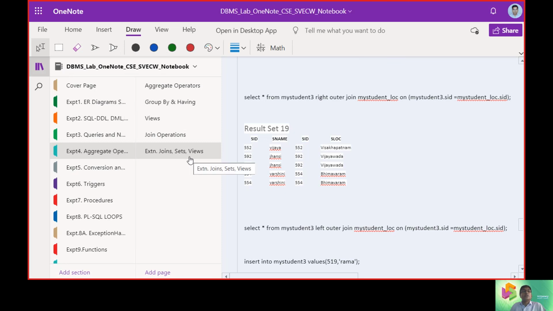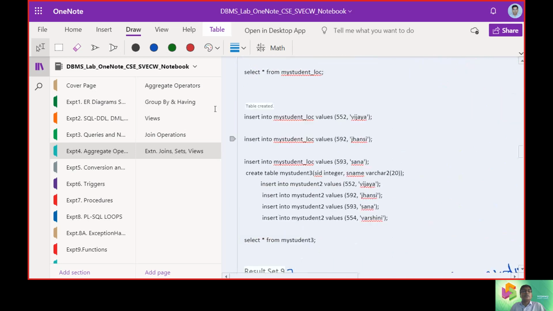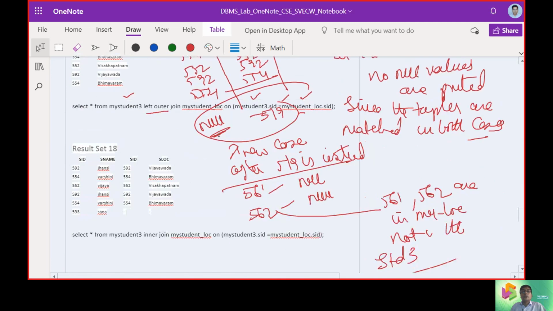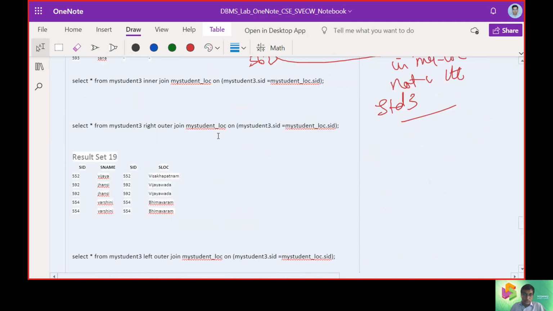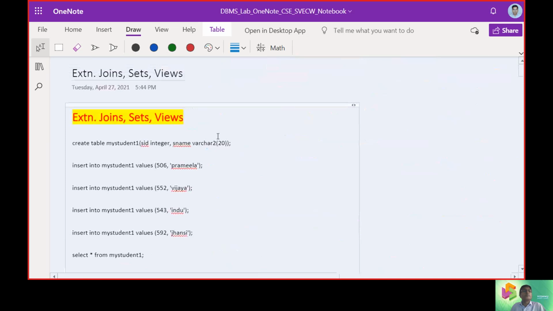This is all from this exercise. In this exercise, we went through joins, set operators, and views holistically, with student level examples for clear understanding.